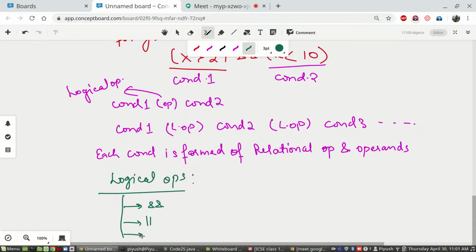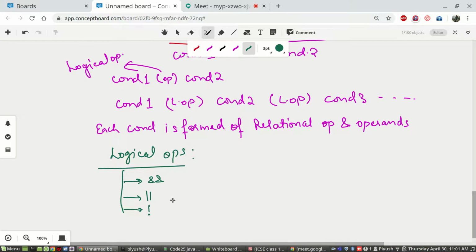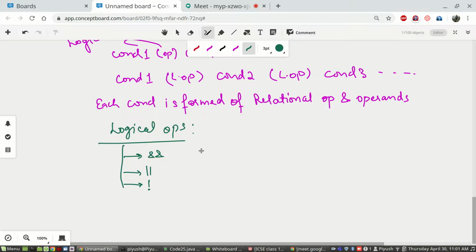Two bars is logical OR. Then you have logical NOT, exclamation mark. This checks for conditions. Just like relational operators, logical operators also give the result as true or false only.